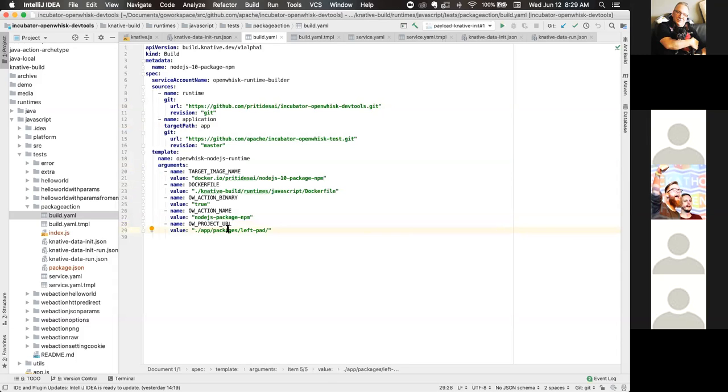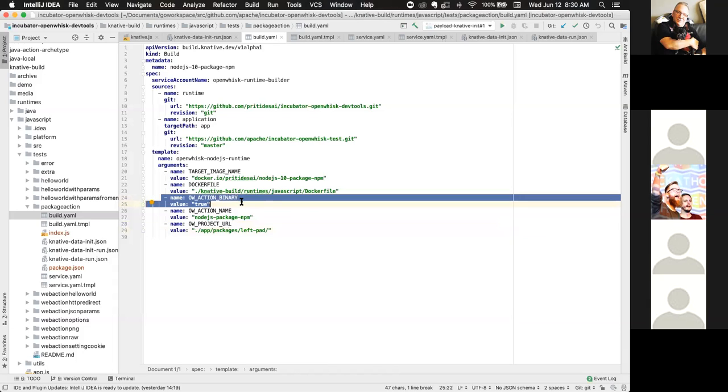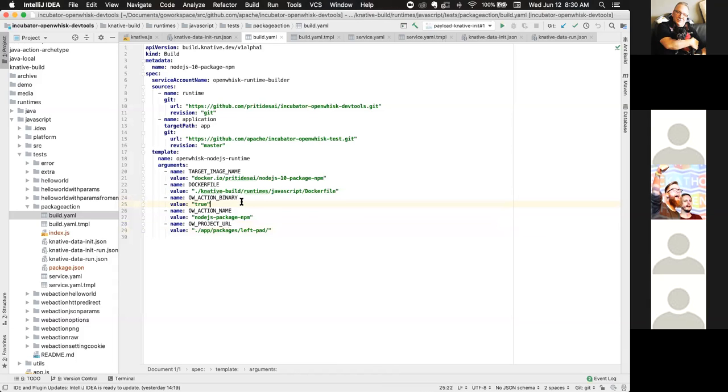What is it? Is it based on a kind of build template? Yes, and in turn, it's based on the existing init data, the value that we provide. So the most important arguments here are that it's a binary, and where